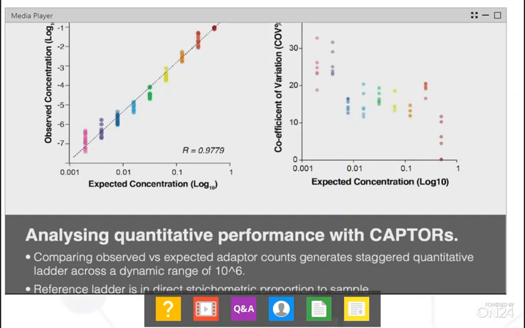As a result, the CAPTORs can provide a direct measure of the quantitative accuracy and the complexity of the library. You can see that by using that staggered ladder, you can evaluate the sensitivity and the limit of detection for a library. You can also evaluate how accurately we measure gene expression in the sample, and you can empirically measure the quantitative variation that's apparent in our sample